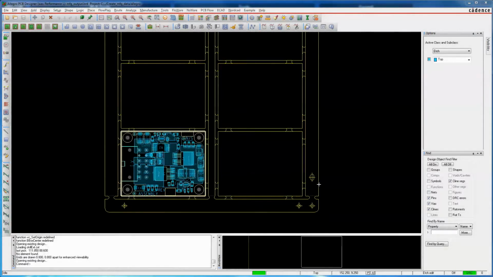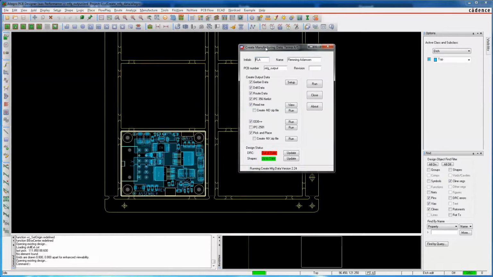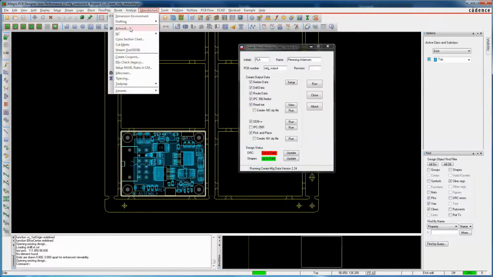In this video, I'm going to show you how you can create your PCB manufacturing data using automated scripts. You'll find the function in the ECAD menu, MFG output, and create MFG data. The first thing we need to do is to make sure that the artwork layer setup is done. And if we look at the existing artwork configuration in Manufacturer Artwork,